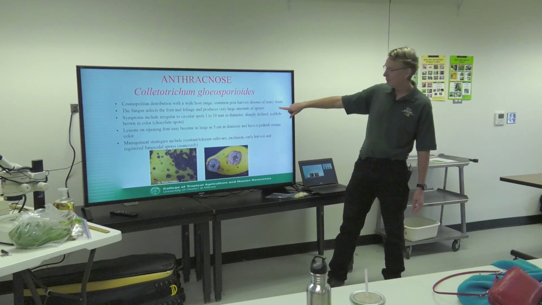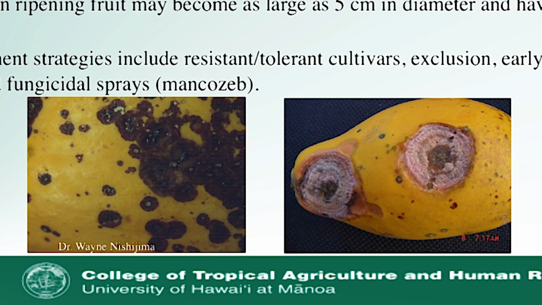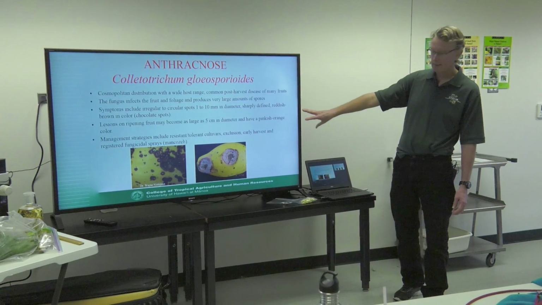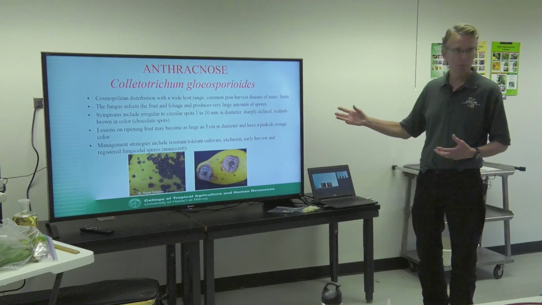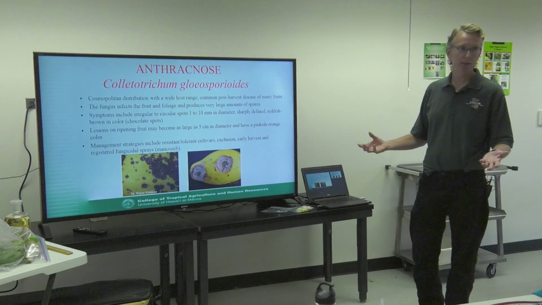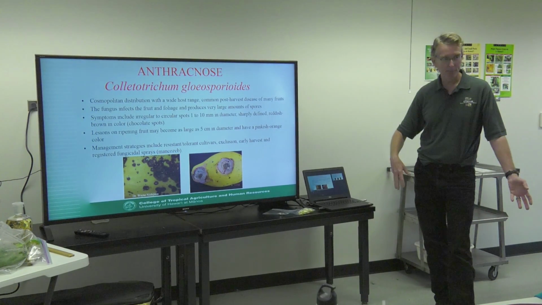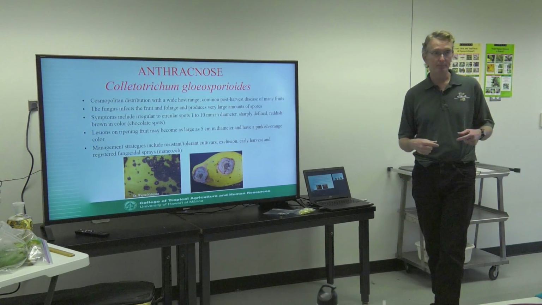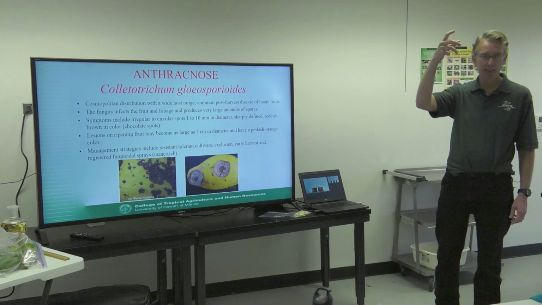There's a couple different disease symptoms. One we call chocolate spots. And then the other, of course, is the full-blown anthracnose, where you get that nice pink salmon-colored lesion. And that coloration is simply the spores of the fungus, and each one is able to cause a new disease. So if you see something like this and the fruits are dropping, it's a good idea to pick that up,